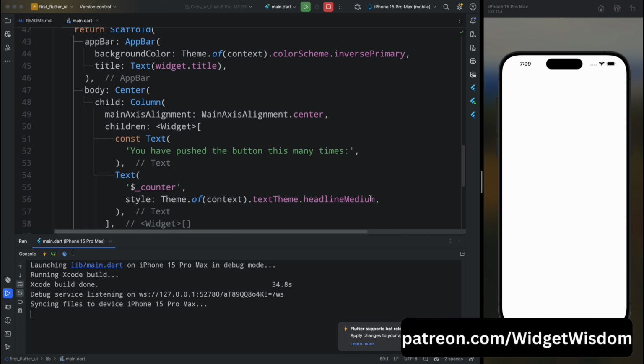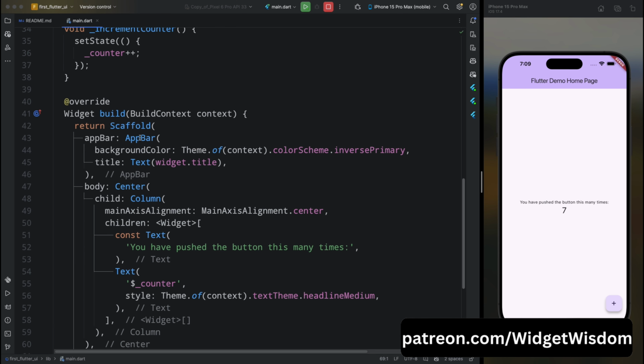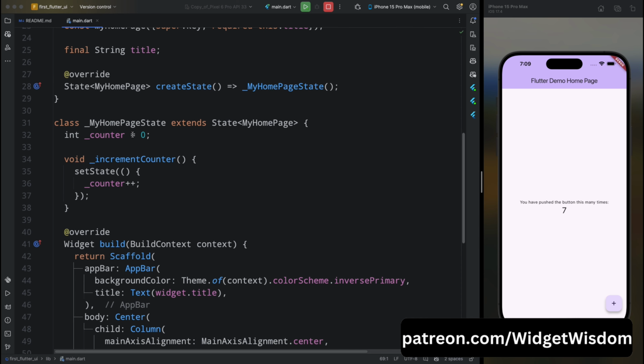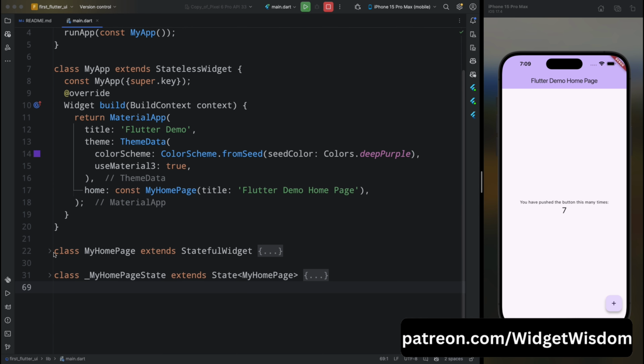So widgets are the core components of any Flutter app. Everything you see on the screen is a widget: text, buttons, images, anything. Widgets in Flutter are structured in a tree hierarchy, where a parent widget can have one or more child widgets. We will start by creating a basic app layout using the Scaffold widget, which provides a default structure like an app bar and body. Inside the body, we will use a Center widget and add a Text widget as a